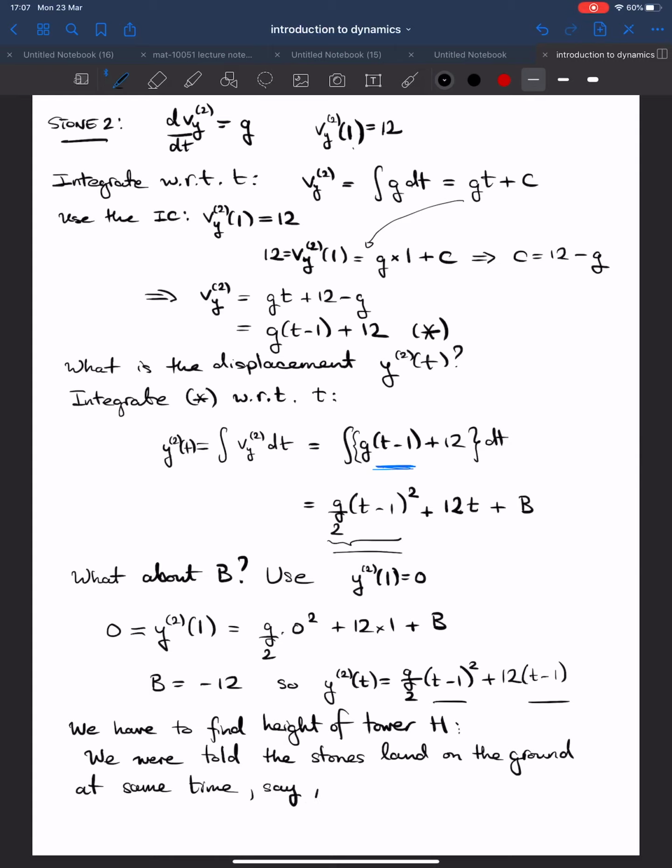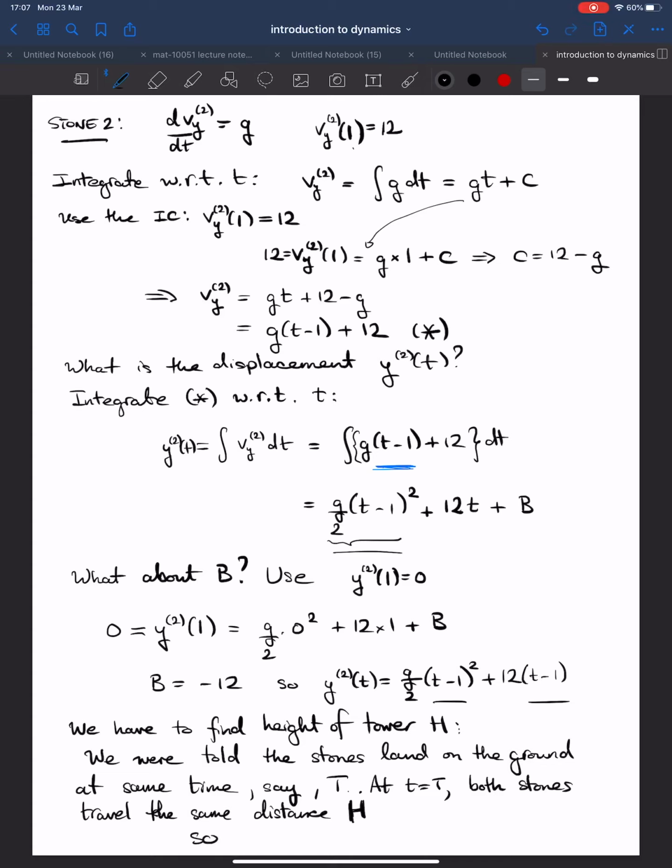say, let's call it capital T. You know I like to use this notation. Okay, so effectively at capital T, at t equals capital T, because they hit the ground at the same time, both stones travel the same distance, which is h. Okay, they travel the same distance, h. All right then. Now, what does it mean? Well, it means,